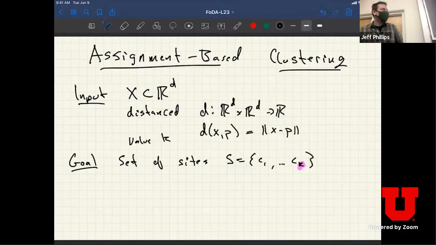Value K, right? So the K is given as input here. We'll talk later in this lecture about what to do if you don't know the value K, but we're trying to find a set of these sites. These sites will be a subset of R^d also. These will be the representatives of the clusters. And we would like to minimize